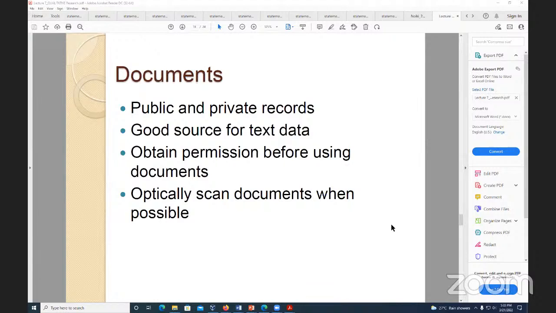For documents, it depends on the project. If there are existing documents that can help to answer the research questions, they could be used. For example, a colleague at UTech, an engineering lecturer, was doing a research project looking at the relationship between students' academic performance and some characteristics of the students.